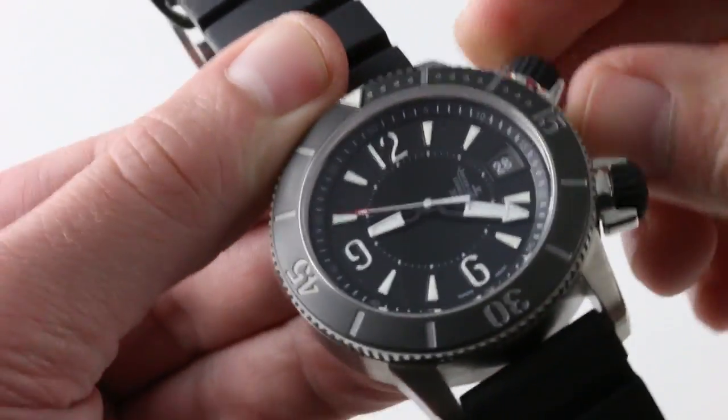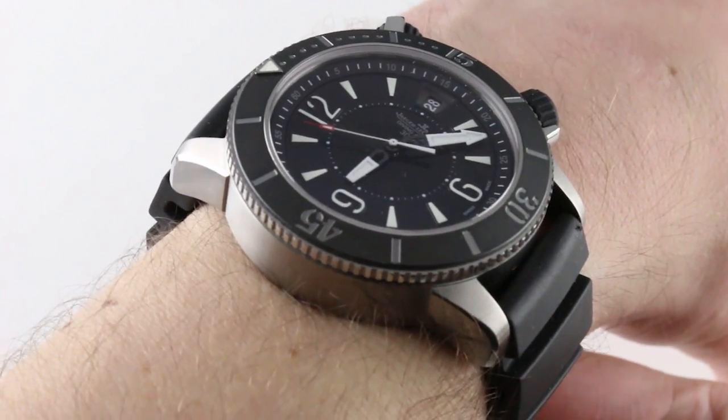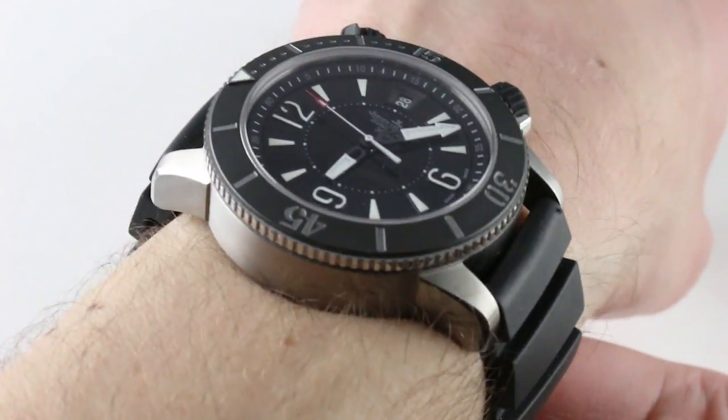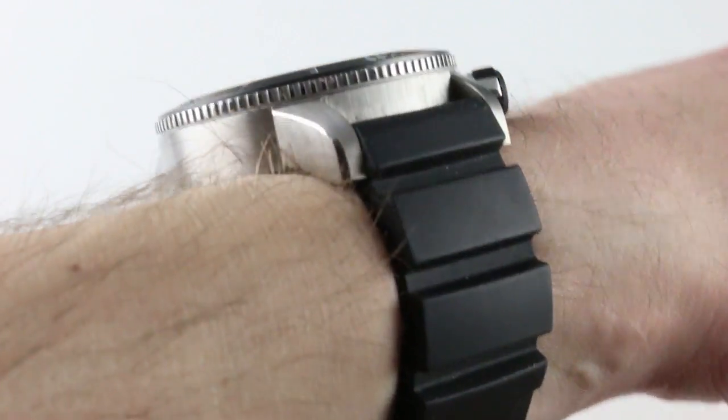And that wasn't even a full wind. Today we're discussing the Jaeger LeCoultre Master Compressor Diving Alarm Navy Seals, a limited edition of 1500 from model year 2009. You can see and you can purchase this grade 5 titanium ceramic bezel diving alarm from Jaeger LeCoultre on